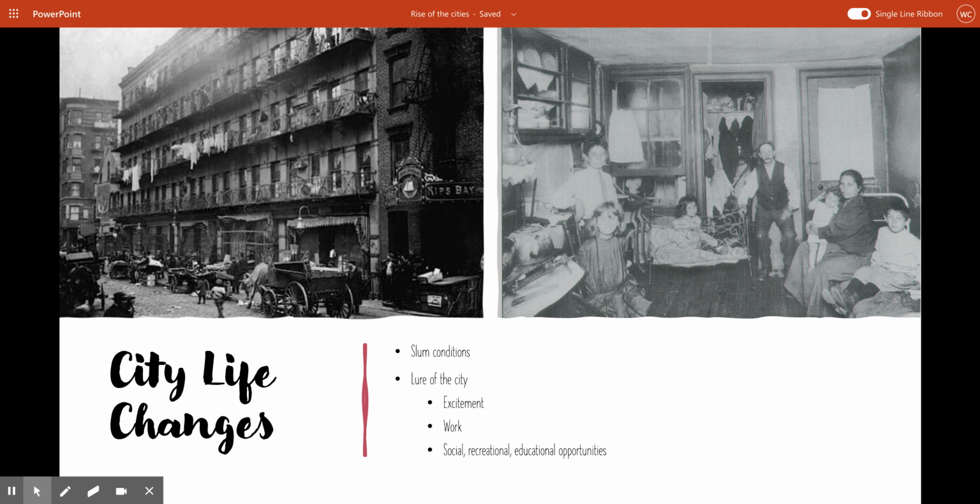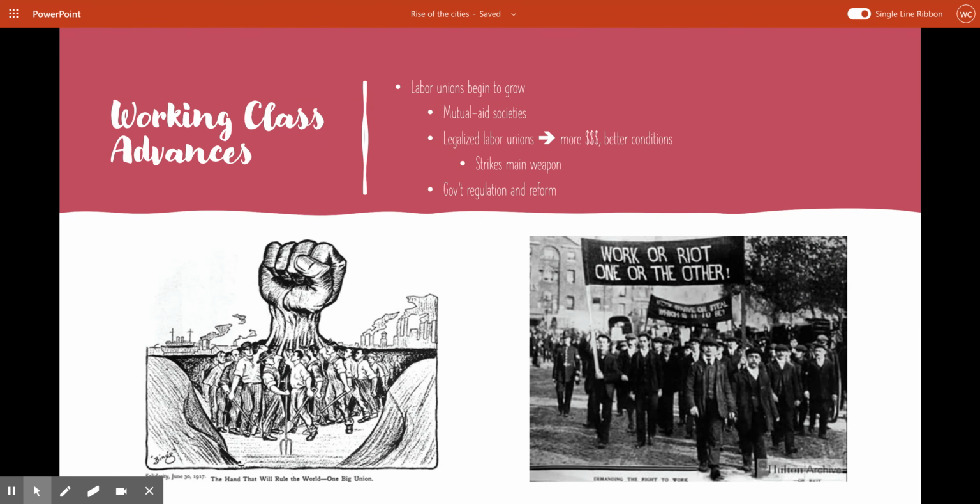big, huge cities. And one of the things that's going to happen over time is, through the Industrial Revolution, you're also going to start to see these mutual aid societies that are going to eventually form into kind of like labor unions. So these mutual aid societies did all kinds of different things to help the urban poor. They were basically self-help groups formed by workers to help those workers who had become sick or injured. And then once you get legalized labor unions where workers are united with each other, there's strength in numbers. They're able to use those numbers and to get more money and better working conditions.